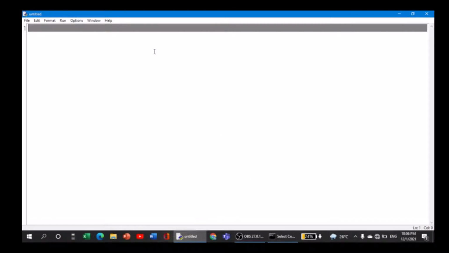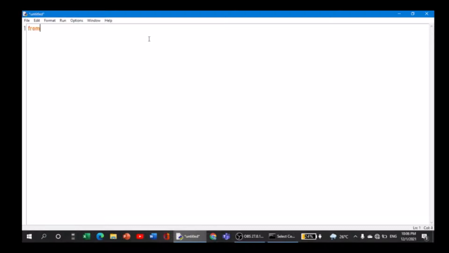And the first line is going to be from ColorPrint import asterisk. So it's going to import all the functions from ColorPrint. And the second line is going to be to import web browser. Alright, and next we are going to make this as a while loop. So how much ever times it's used after that is going to simply repeat. So I'm giving while true, and below this I'm going to write the entire code.